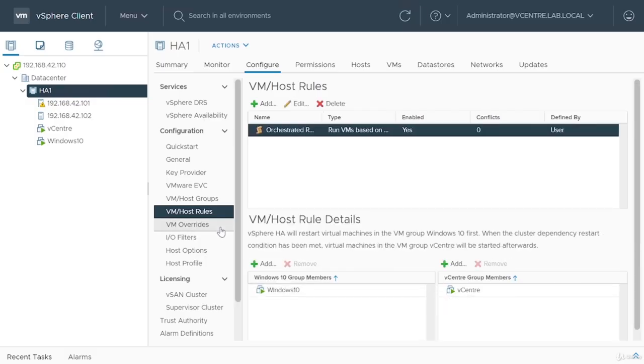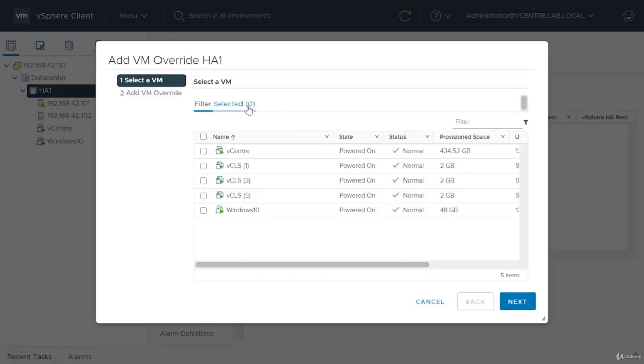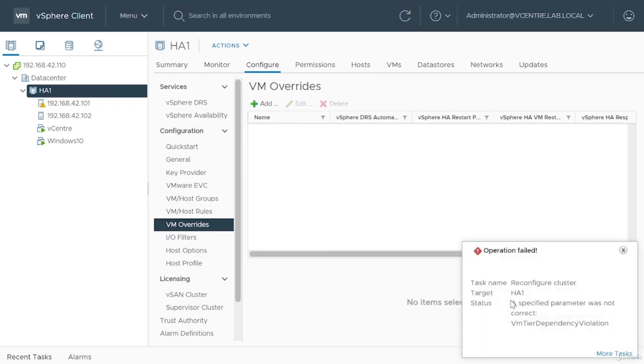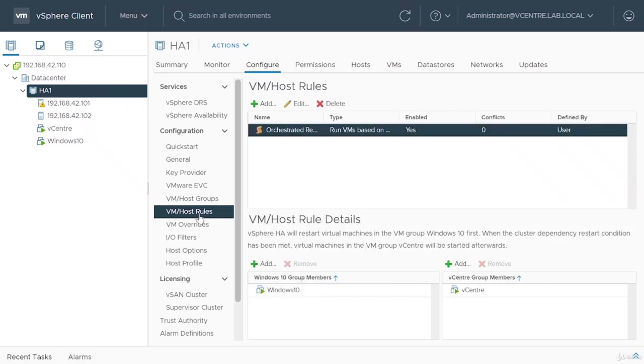If I now try and create that same override again, we'll see that it won't let us because there is that conflict. Essentially, they're both going to have the same effect in this scenario, but it won't let us use VM host rules, which are across tiers, across priority tiers, because the two features are similar